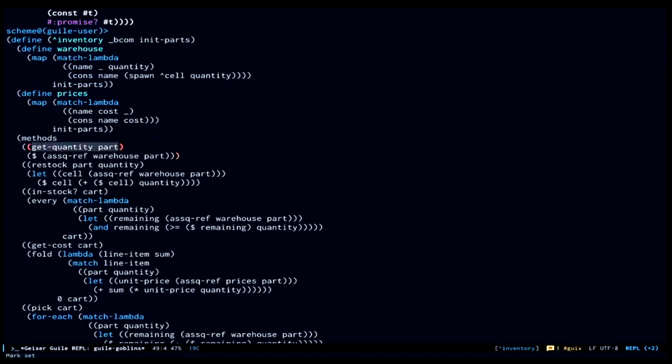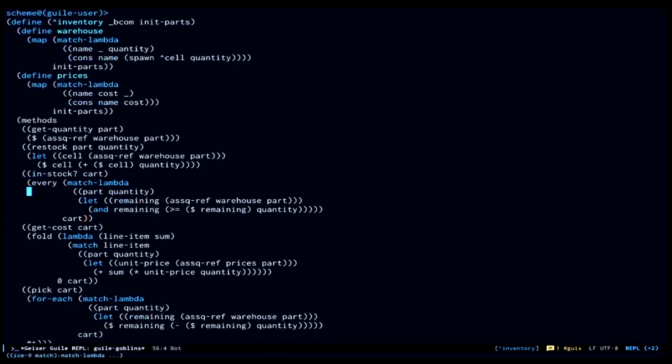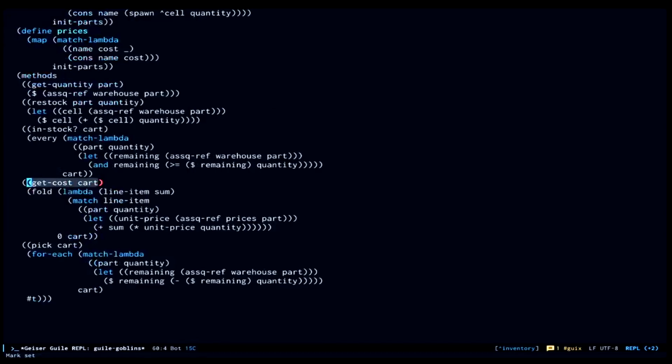We can get the current quantity of a part in the warehouse. We can restock a part and add quantity to it. We can check if a cart, which contains many parts and quantities, if all of those items are in stock in the given quantity. We can get the total cost of a cart by consulting the price list. And finally, the real state-changing stuff here is that we can pick the items from a cart out of the warehouse, presumably to be shipped to the customer. So that's the